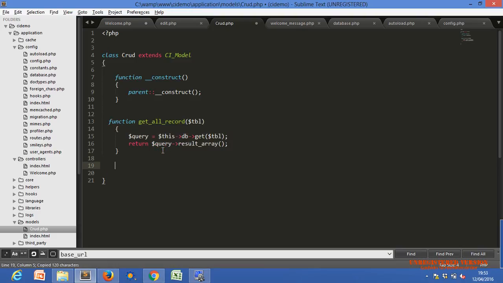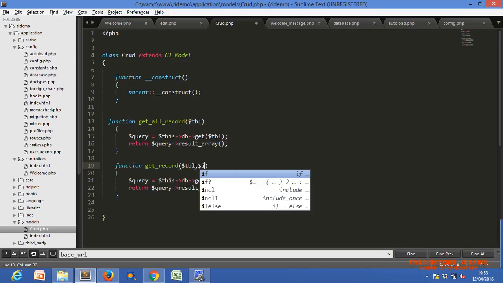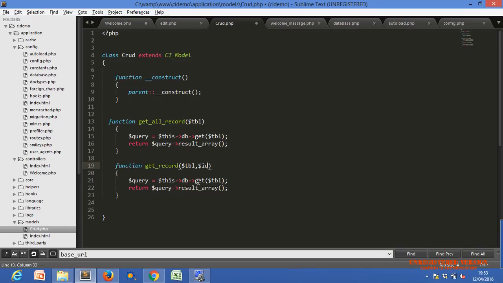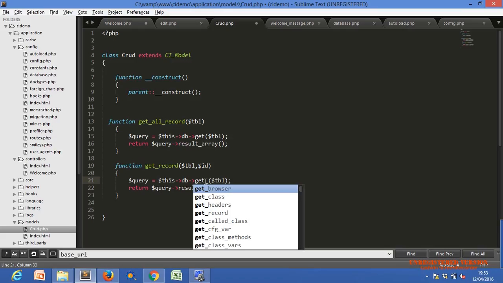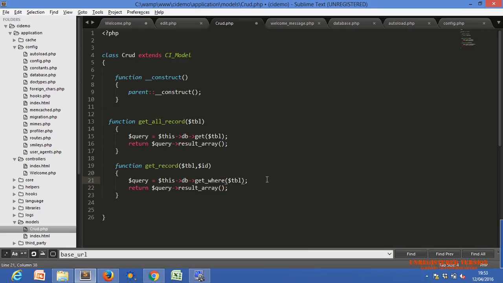How do we get particular data? Get record, not all records. The table name and second should be the ID. Okay, get where. There is a get where: the table name and the where condition. The where condition should be the ID.